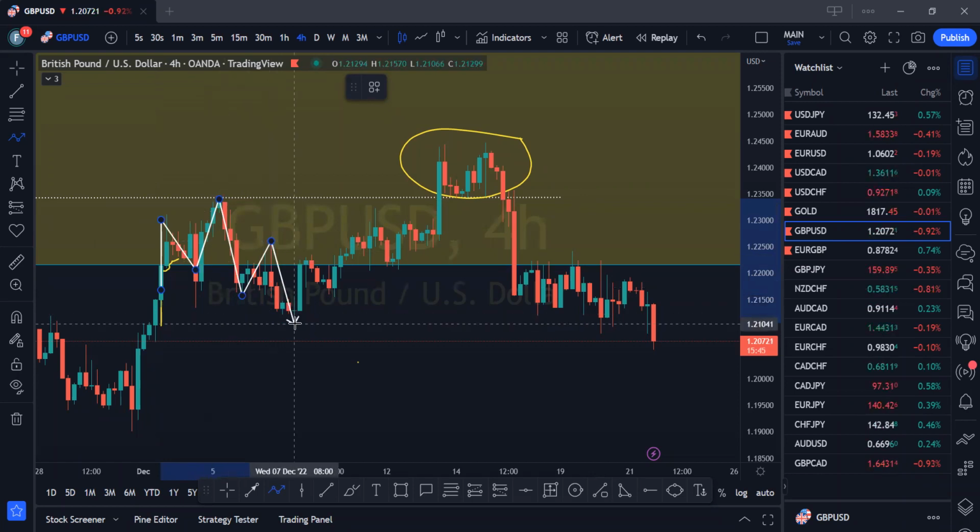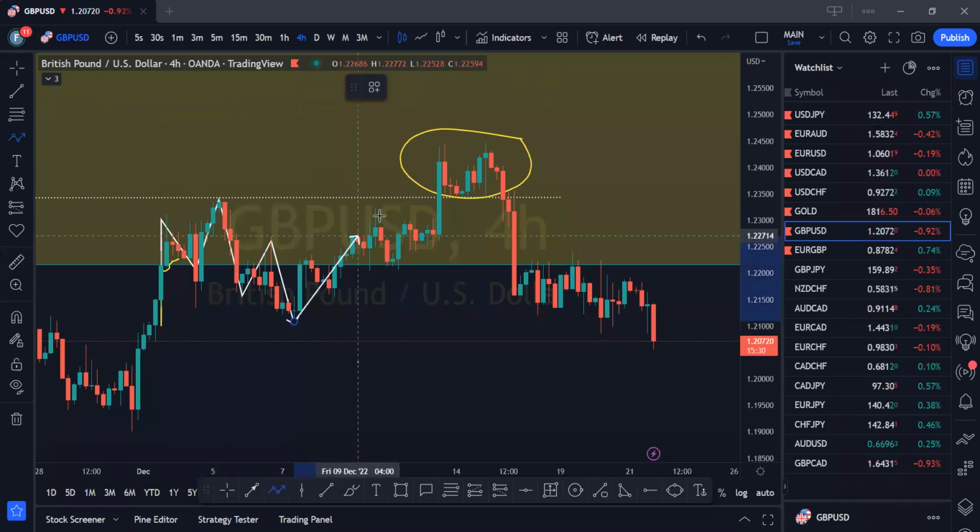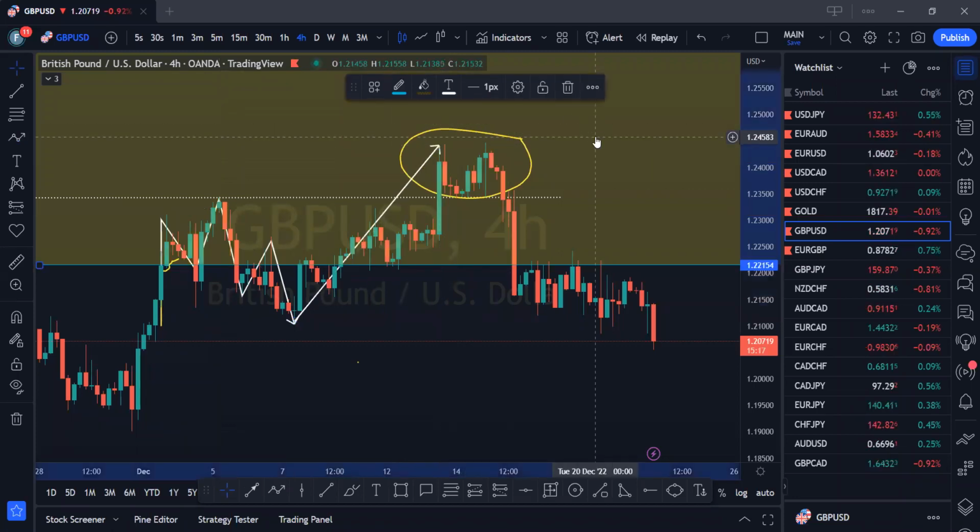But eventually, a lot of people would have entered this setup, but it was not meant to be the real move that will sell. It was meant to be a move that they will use to take out liquidity. Eventually, you can see price went all the way up, took out people's liquidity here, and then after this liquidity was taken out, the next market structure that will form usually should be a profitable one.